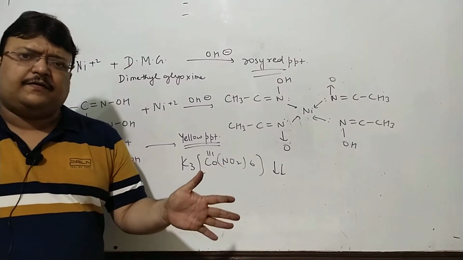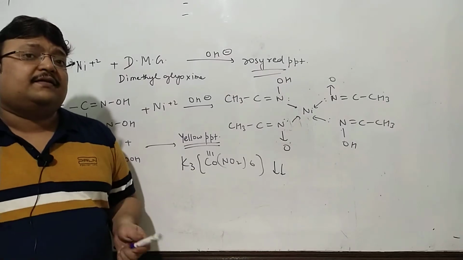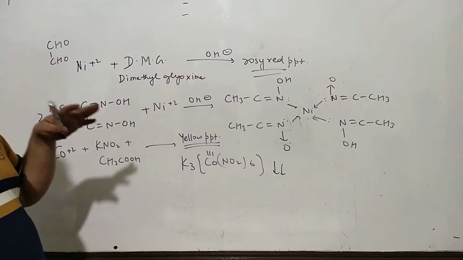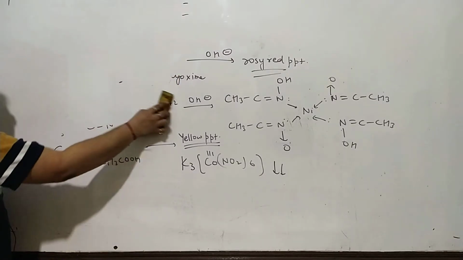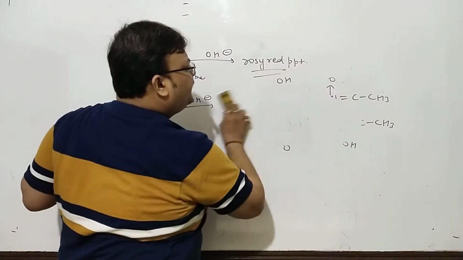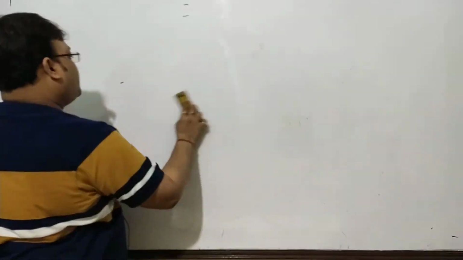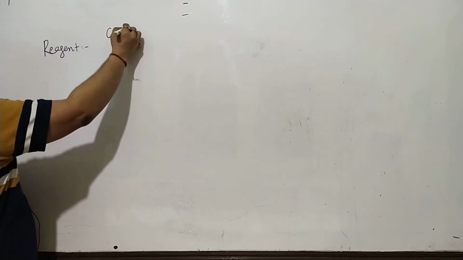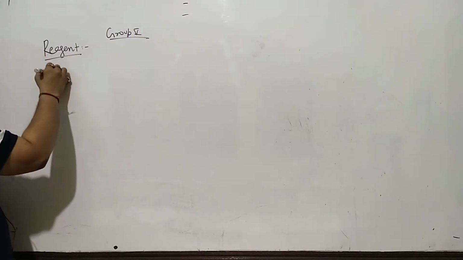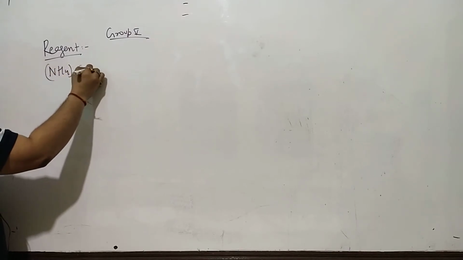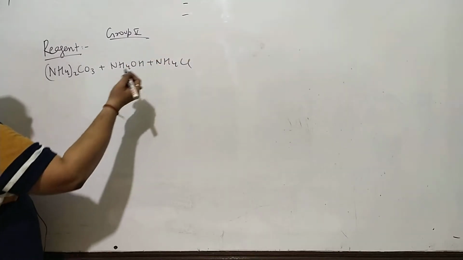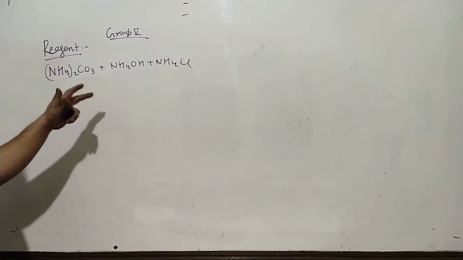We move to group 5, where we get carbonate precipitates of barium, calcium, strontium. I hope you will want to copy this again at your convenience. We will want to move to group 5. And again a little bit of briefing. The table which I had given you must have included group 5. And in group 5, the reagent was ammonium carbonate. This was the principal reagent in presence of ammonium hydroxide and ammonium chloride. They will be playing the role of common ion effect and all, keeping the medium alkaline as well.